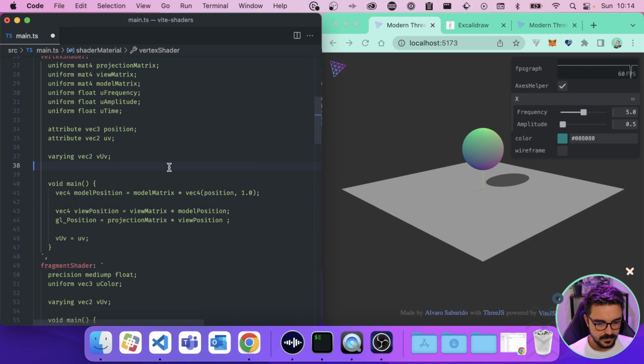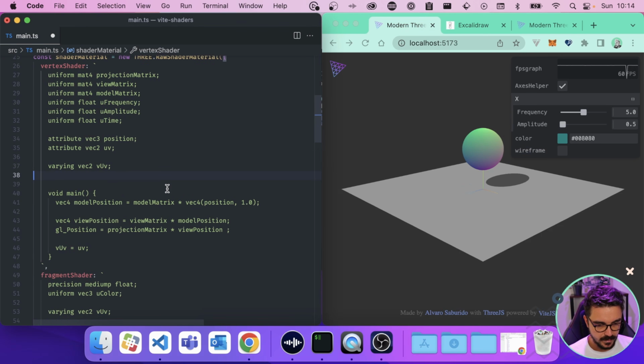First, we're gonna go to the vertex shader. And until now, we have used the uFrequency as a float, but we can use it as something different. We can actually hold the values for different frequencies in the X and Y, because we're gonna change the way we are modifying the model position.